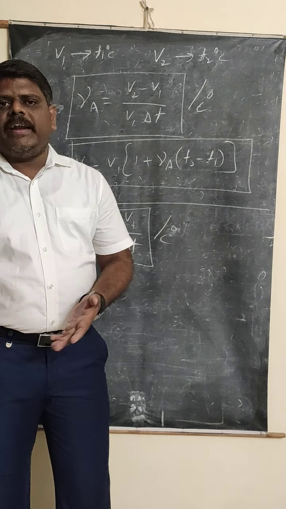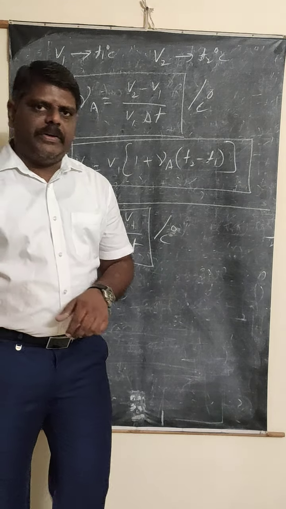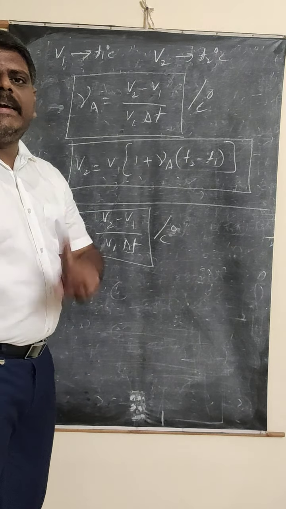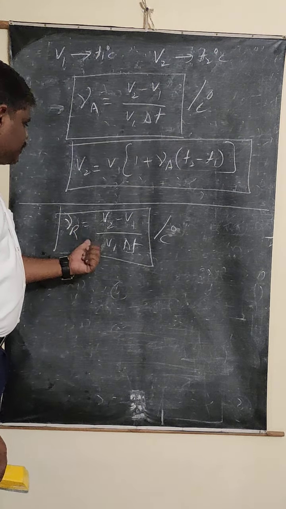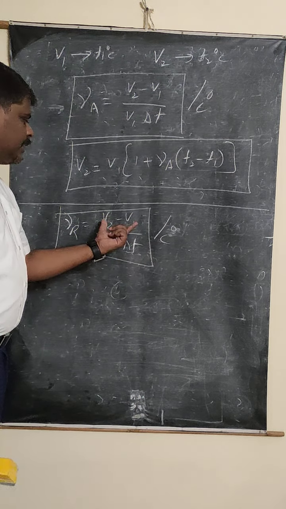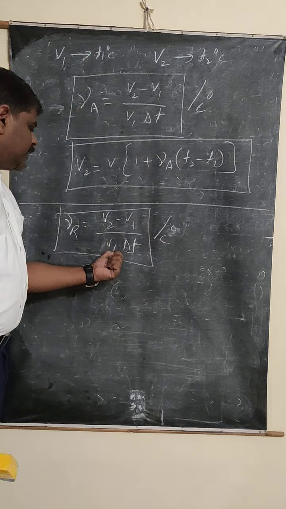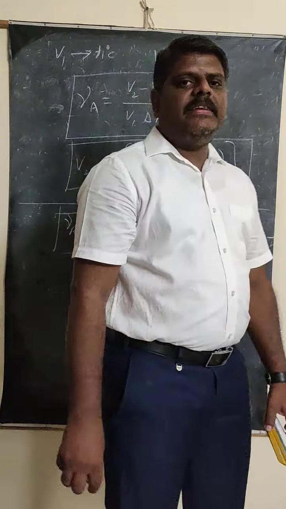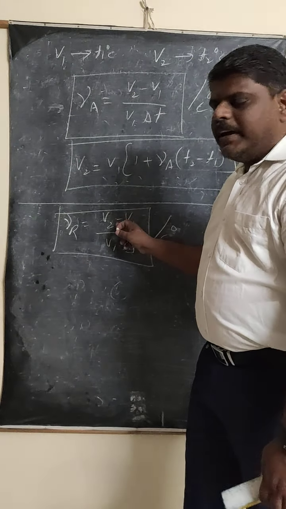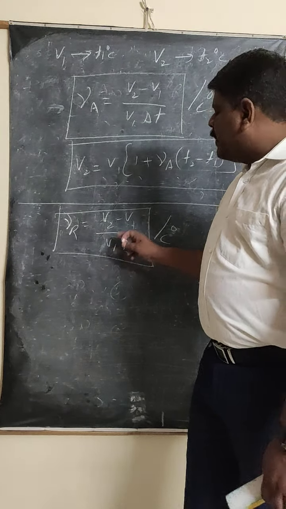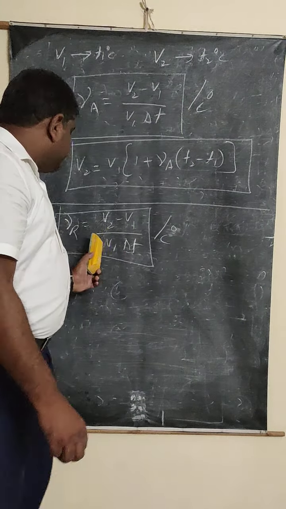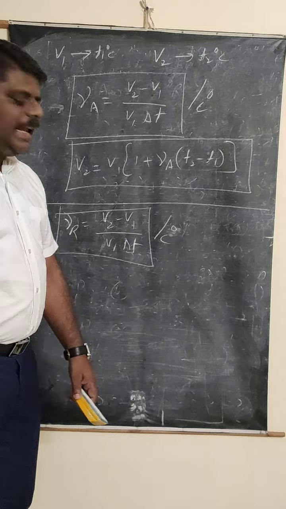That means whenever you are going to define it, try to make the denominator equal to 1 unit. So that's why delta T will be equal to 1 unit, which means the temperature is increased by only 1 degree Celsius. Now, gamma R is equal to (V2 minus V1) by (V1 into delta T). If delta T is equal to 1, we get the change in real volume of the liquid over the initial value. Now, tell me how can you define it? The ratio of the real change in volume of the liquid to the initial volume of the liquid per 1 degree centigrade rise of temperature is called the coefficient of real expansion of the liquid.